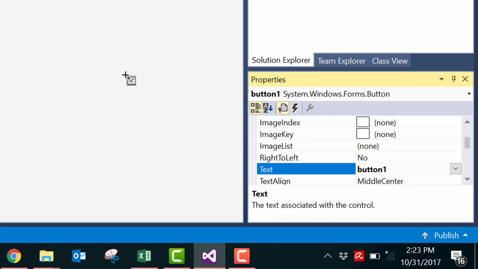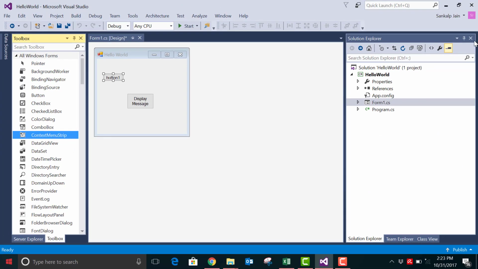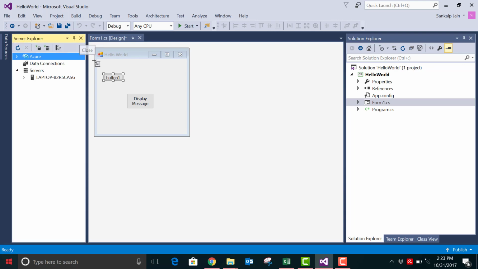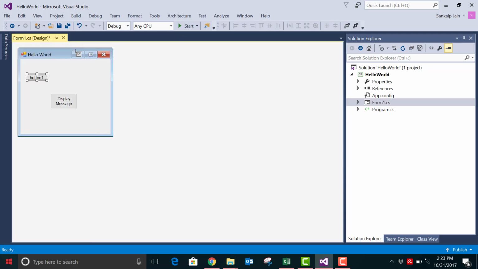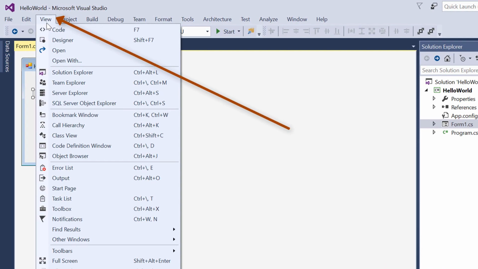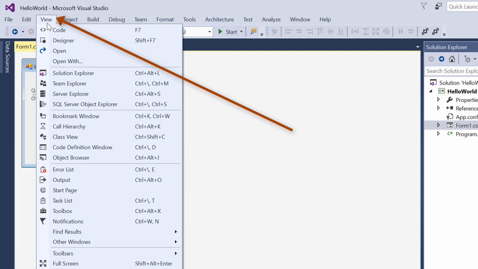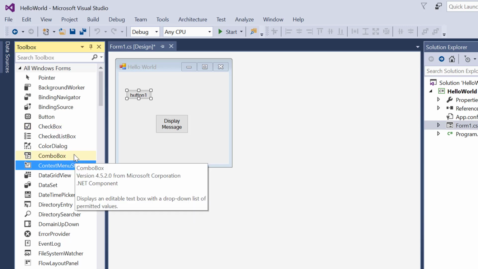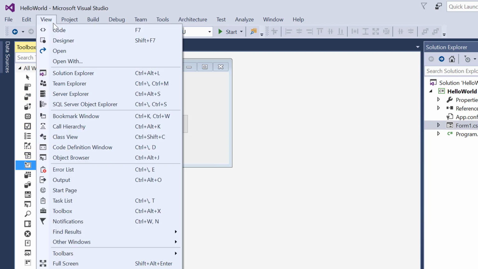So there might be times in your course when you accidentally close the properties panel or the toolbox or something like that. So if you want to get those back, all you have to do is click the View button on the top, and if you want the toolbox back, then all you have to do is search for toolbox over here, and there you go, it's back here. So all your windows are available here,